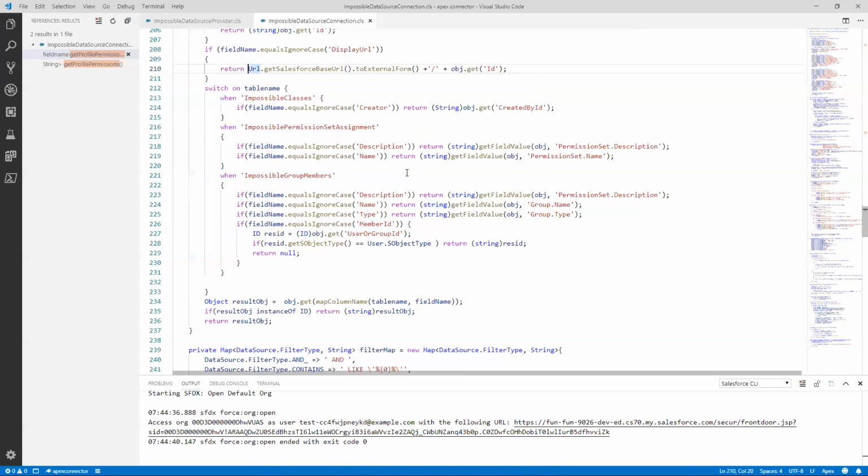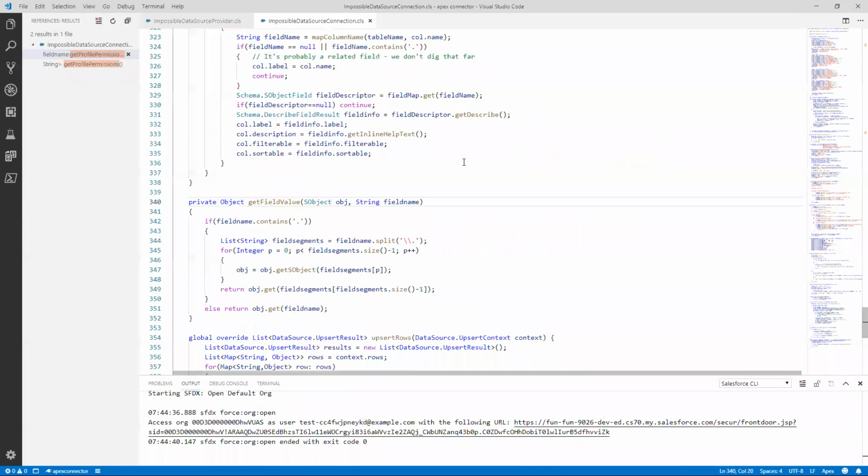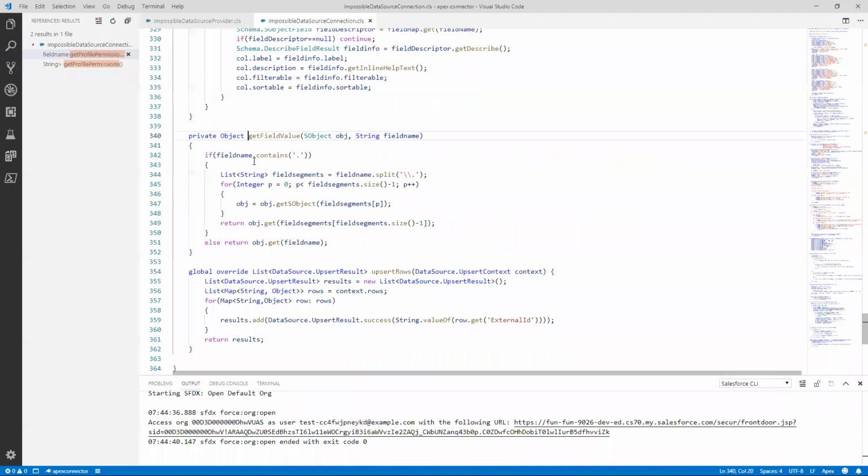Now, a little bit trickier is how do you deal with permission set.description, right? Or permission set.name or group.name. You can't just do a get with a compound term like this. It doesn't work. So we have this get field value method that basically looks through and says, okay, if the field name doesn't contain a period, then just do an obj.get. If it does contain a period, split the different segments at the period, so we have each term,